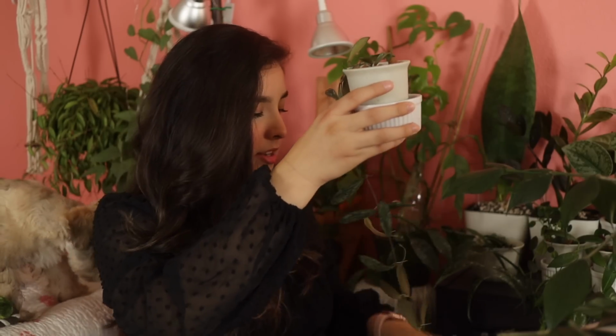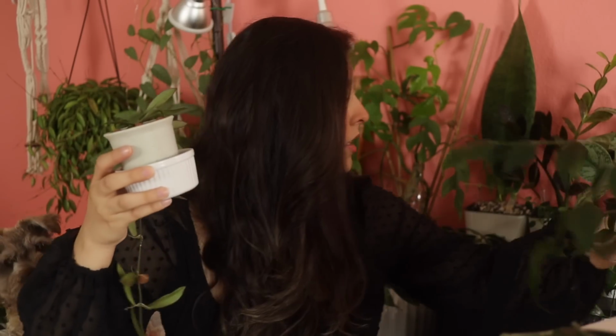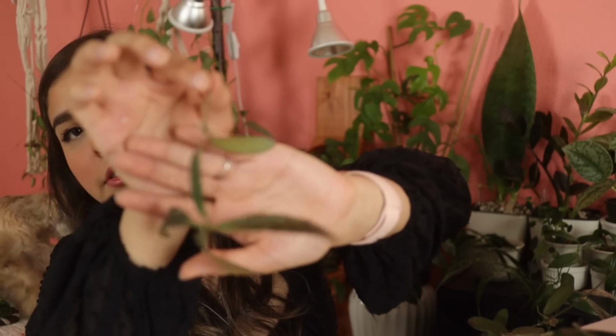So I think I'm going to start chopping my sigillatus because my sigillatus is real crazy. So we're going to do that. I think I'm going to do multiple chops instead of just one. So here's the first chop. It has a ton of aerial roots, so